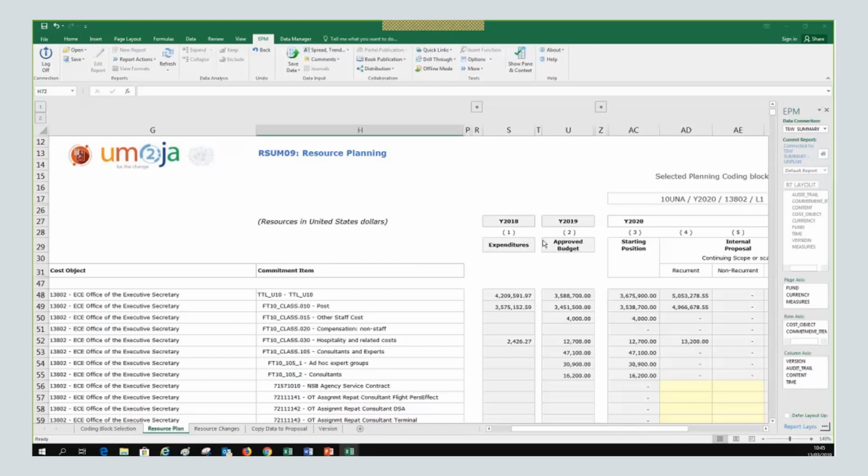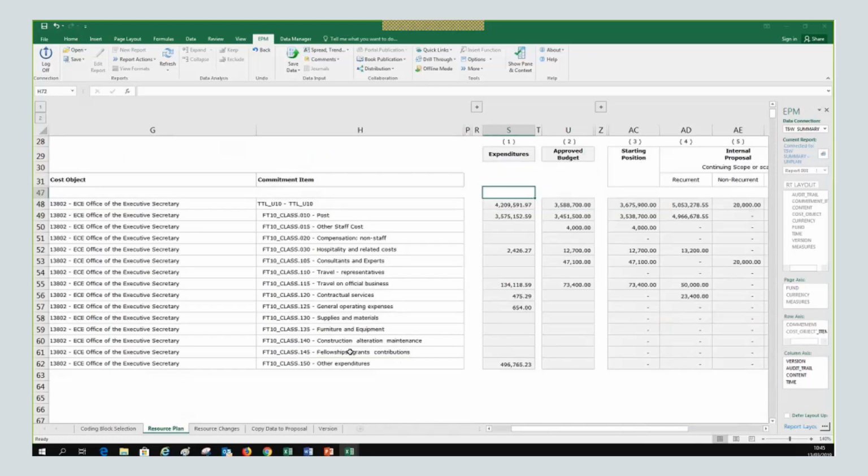Probably when you are working in the summary, maybe you are not going to be touching. But yes, you go for your coding block and then you add all the expenditure. So maybe it's better if you identify first what commitment items or budget classes you are going to be budgeting for. You expand them all, and then you enter data, so you save only at the end. Yeah, that could be a good practice. But you see, after I click on save, again, it's collapsed. So I go now to travel.